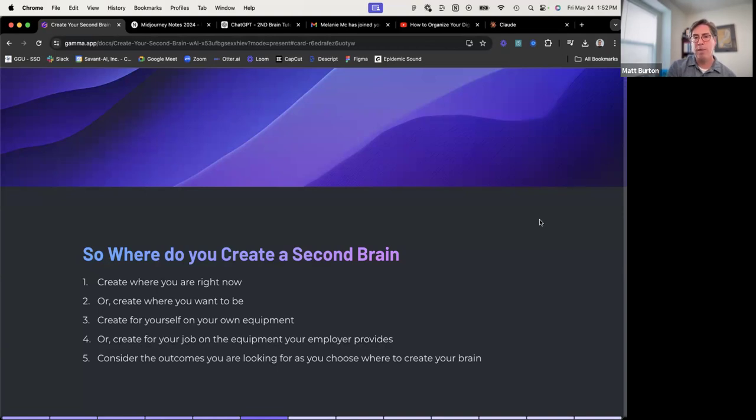What I mean by that is I use Google Drive. So I'm going to use Gemini to search my drive. But also where I want to be is where Obsidian may take me, which is a tool that makes me excited, but I have very limited experience with it because it's new to me. But Obsidian will let me do that Zettelkasten method, capture my insights, and over time build a network of interconnected ideas.